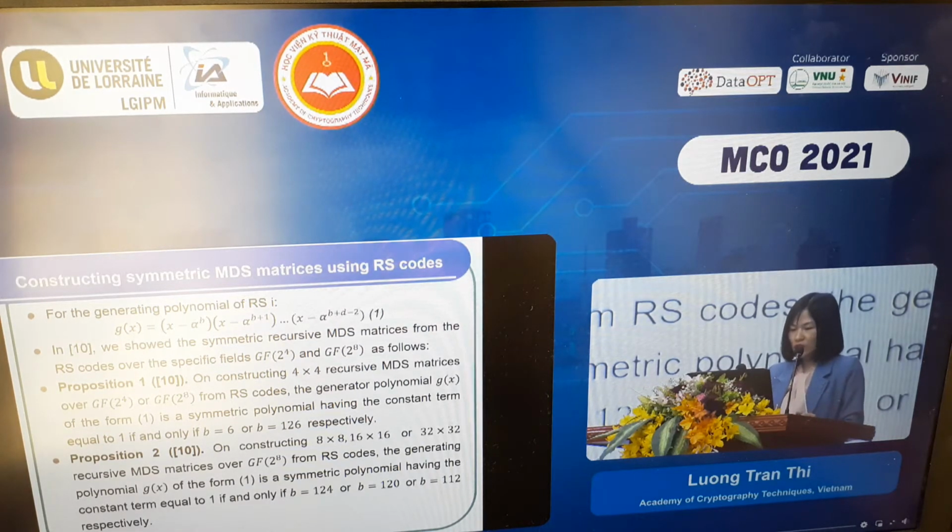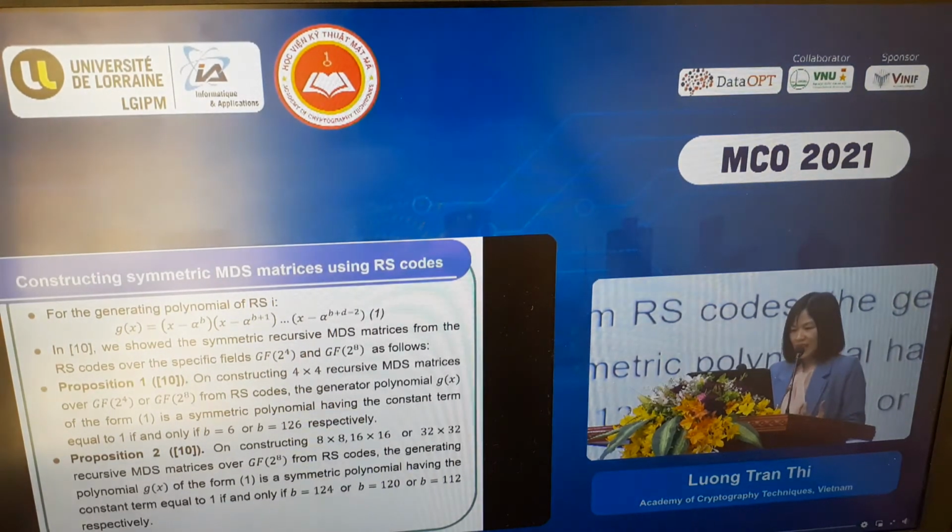The first proposition states that on constructing 4x4 recursive MDS matrices over fields of 2 to the 4 and 2 to the 8 from RS codes, the generating polynomial Gx of the form 1 is a symmetric polynomial having the constant term equal to 1 if and only if B equal to 6 or B equal to 126